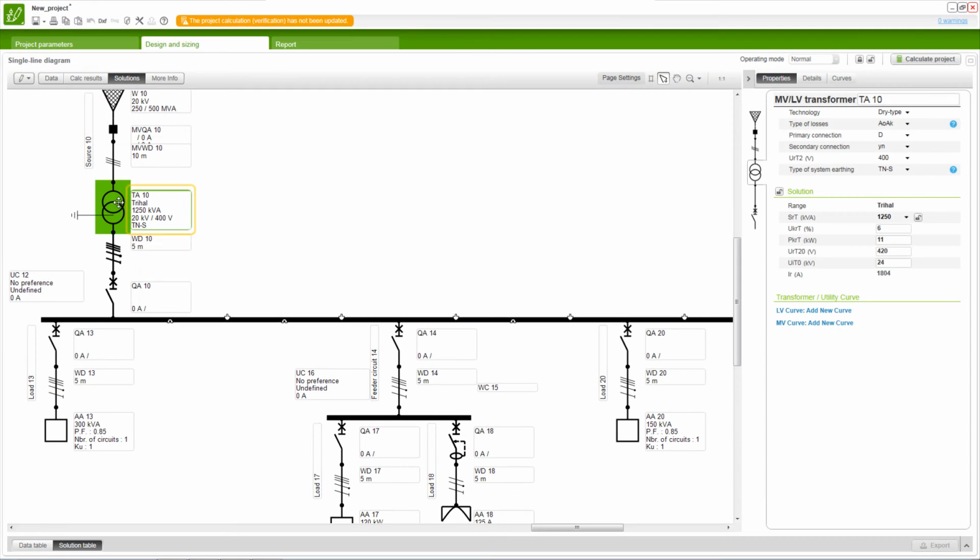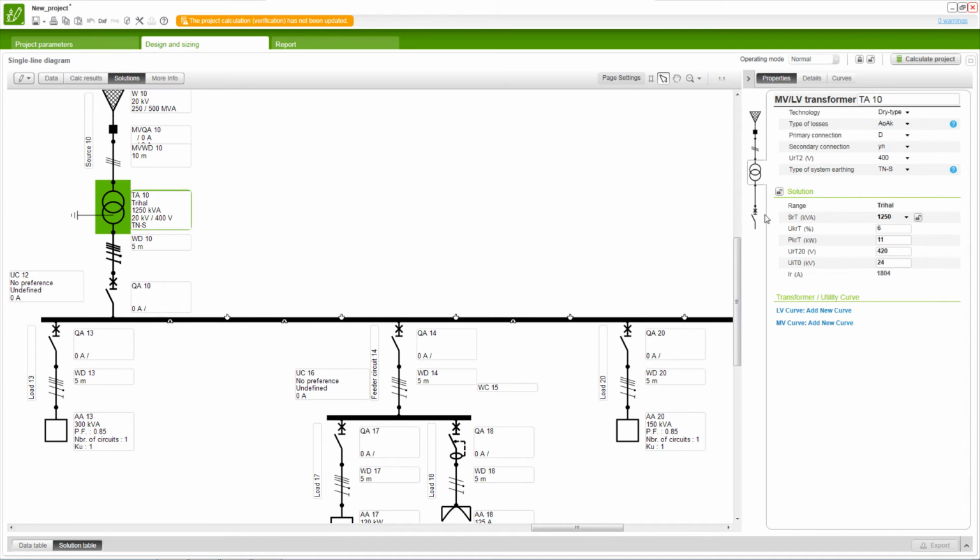You can see the type of system earthing arrangement, SEA, at the MV-LV transformer. Here, the default system earthing arrangement is TNS. If you change the system earthing arrangement at the MV-LV transformer, it will propagate the same to the entire network. Can you have different system earthing arrangements for the same network? Let's find out. Here, the network is using TNS earthing type.